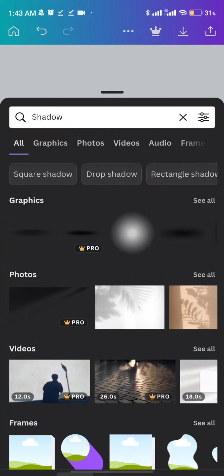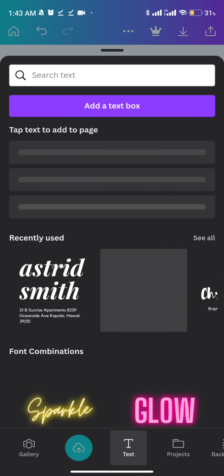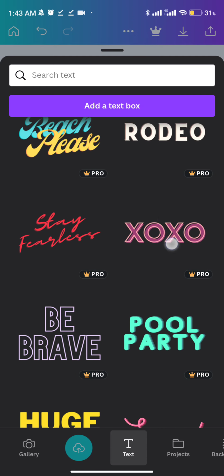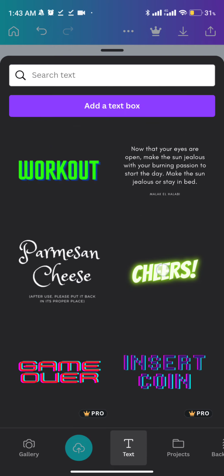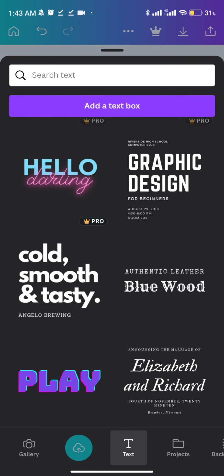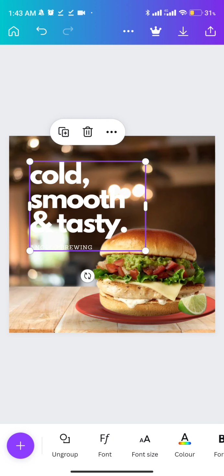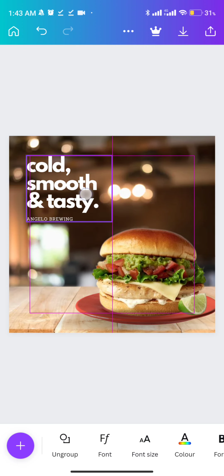So let's try to add a text rather. If you click on text, you can actually select a text that fits what you want to do. So let's go back. Let's swipe up rather. If you swipe up, let's select this particular one. If we select this particular one, you can actually adjust it and write